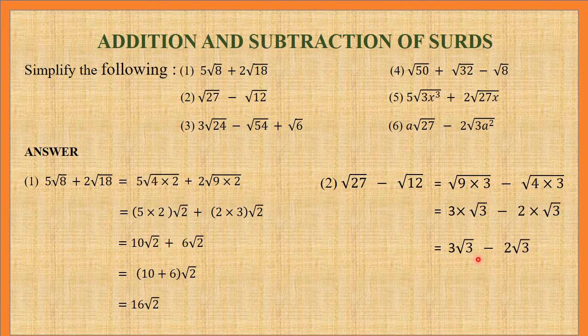They now have the same radicand, so we just subtract the outside terms. So we'll have 3 minus 2 root of 3. That gives us root of 3, since 3 minus 2 is 1, and we don't write 1 root of 3, we just write root of 3. For example 3,